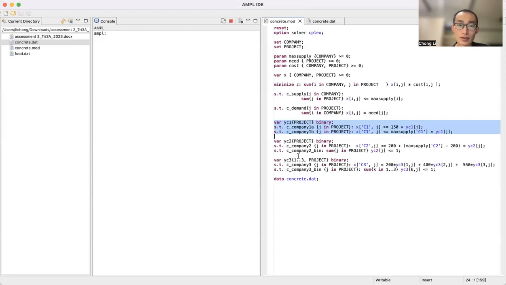For company two, the decision variable is similar: whether company two is supplying concrete to their